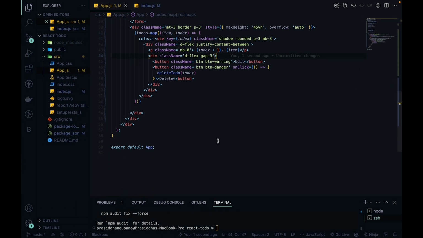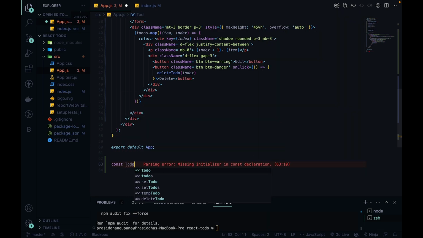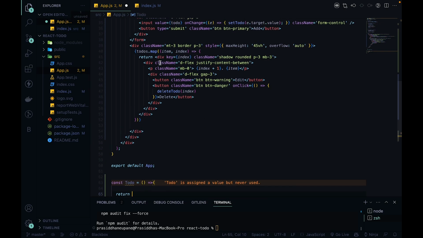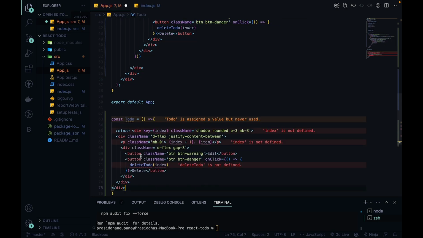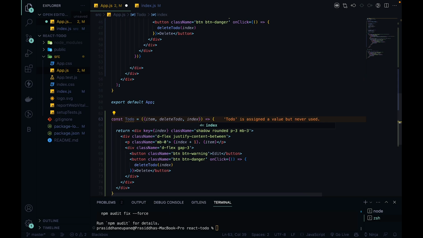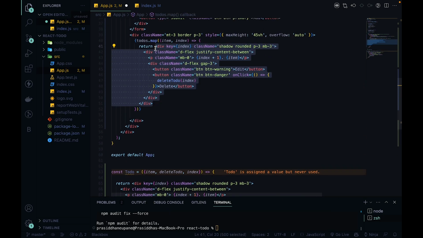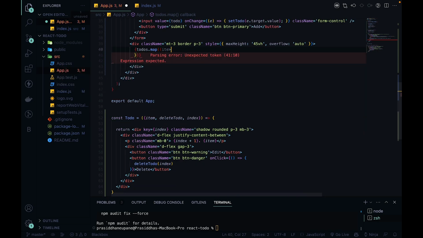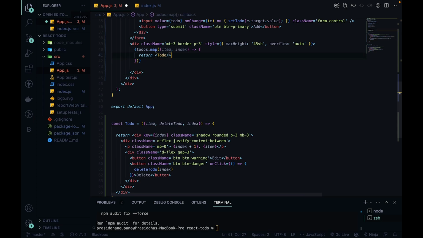For to do, we'll create a separate component, let's call it Todo, for a whole to do, and we'll return this div. Let's copy it and paste it over here. We'll take our item from there, and how to delete to do from there, and our index. I'll remove this, and I'll create a Todo, and the Todo will take item, will be item,